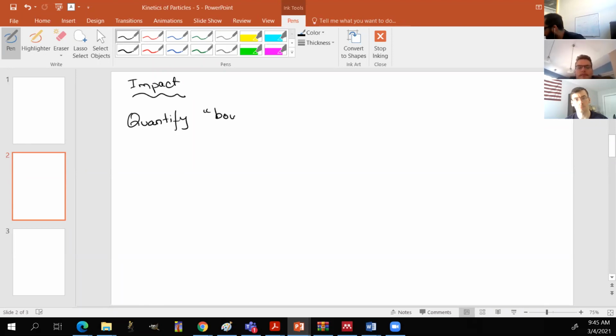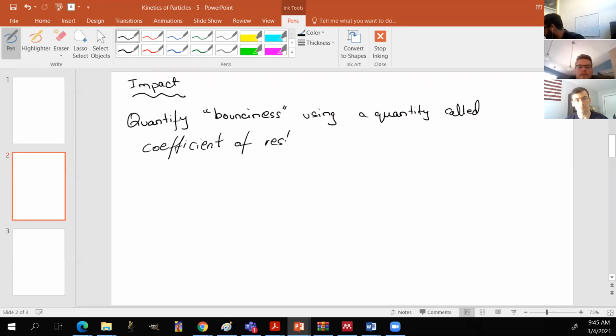Quantify the bounciness of an impact using a quantity called the coefficient of restitution, or we also refer to it as just being COR, right? And this comes into play when you have impact, which is just basically the collision between two bodies,